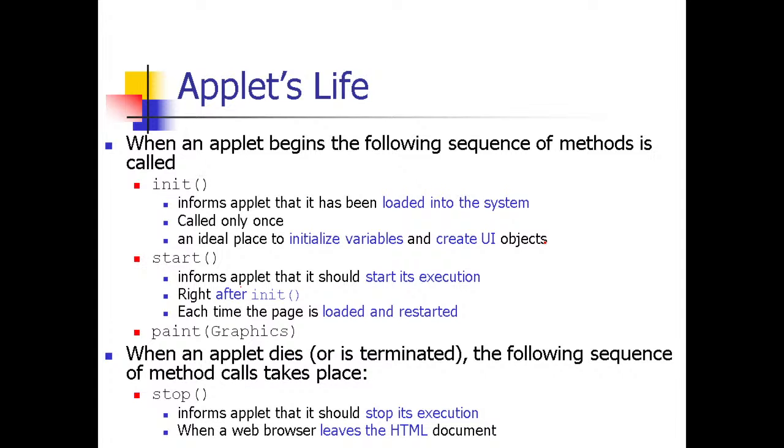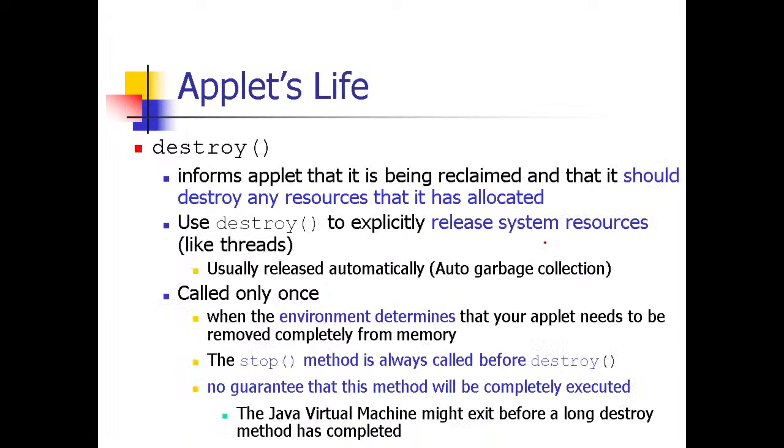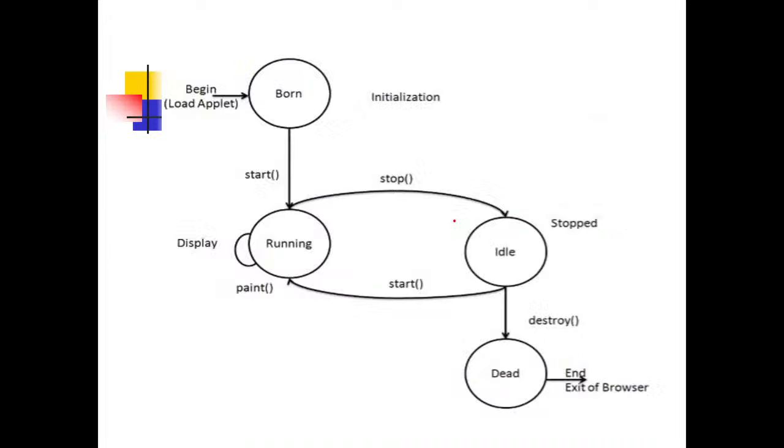उसके बाद जब हमारा एप्लेट टर्मिनेट होगा तो ये स्टॉप फंक्शन को कॉल कराएगा, और स्टॉप फंक्शन को कॉल कराने के बाद ये डिस्ट्रॉय फंक्शन को कॉल करा देगा, सो दैट जितने भी रिसोर्सेज आपने इस एप्लेट के लिए लिए हों वो रिलीज हो जाएंगे, और आपका जो मेमोरी होगा वो फ्री हो जाएगा। ये हमारी लाइफ साइकिल रहती है।